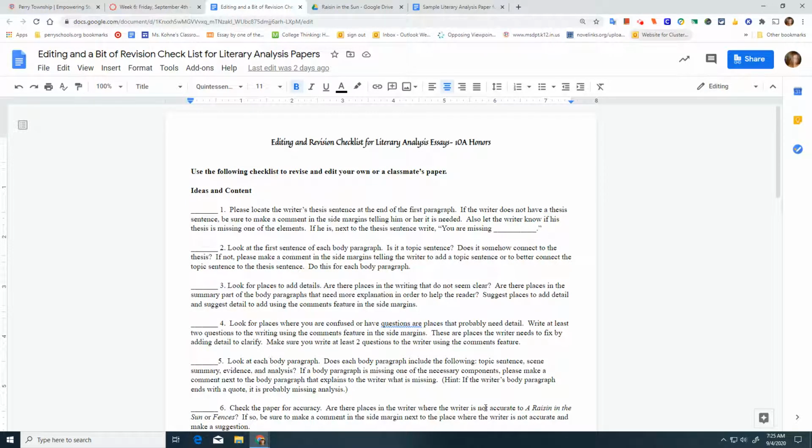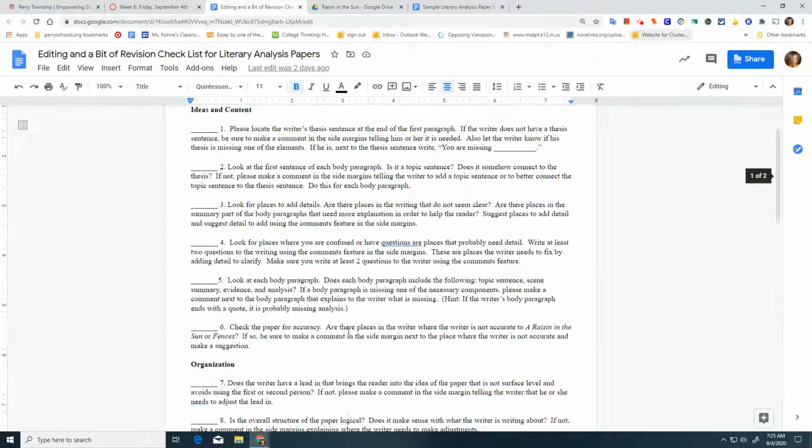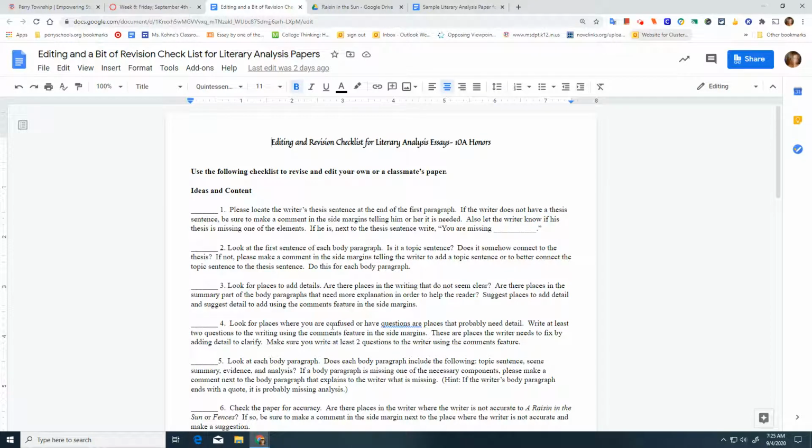It's a nice check for what Ms. Cohn is looking for. As you can see, I've got several items I'd like you to look for, 15 different items. Would I read your paper 15 different times and look for all of these things? Absolutely not. I would keep these things in mind as you are reading someone's paper, and I would make comments in the side margins and use the suggesting tool. The suggesting tool is this, and that's your pink pen. It's a green pen for me. But anyways,